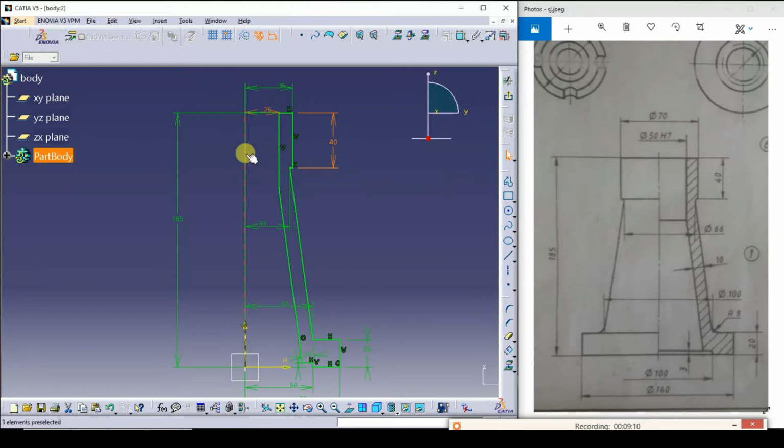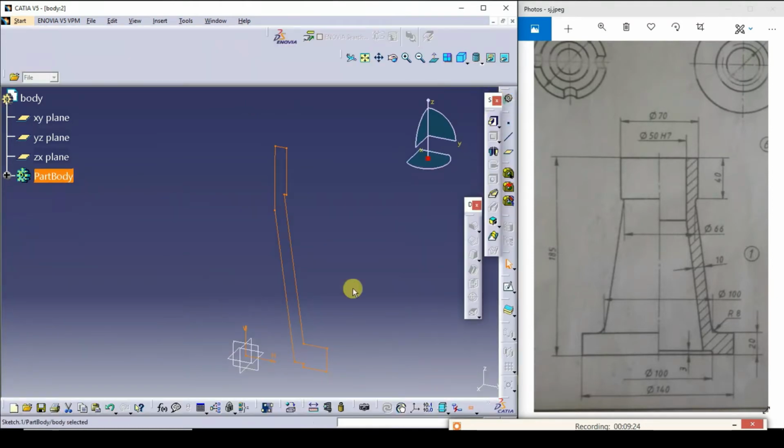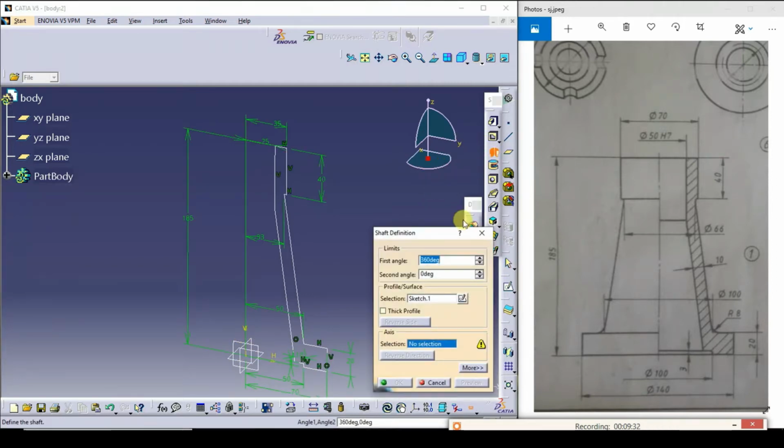So in order to rotate this, you can draw the axis line here. Otherwise, you can select this line itself as a axis line. So I'll exit from this workbench. I'll select this as the axis line. I'll go for the shaft command.